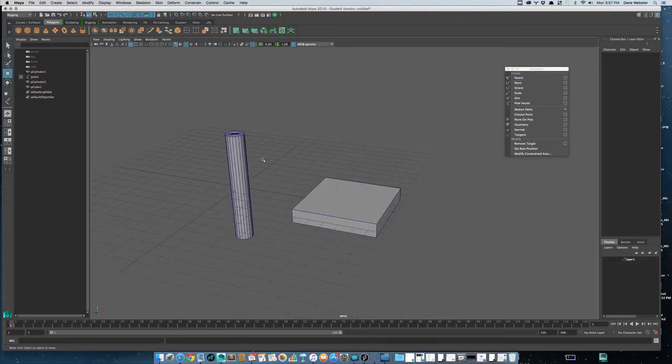So I've got a few different objects in the scene. I've got something hidden for the latter part of the example. So let's look at this cylinder and this cube here and look at how constraints might work. So in this case,